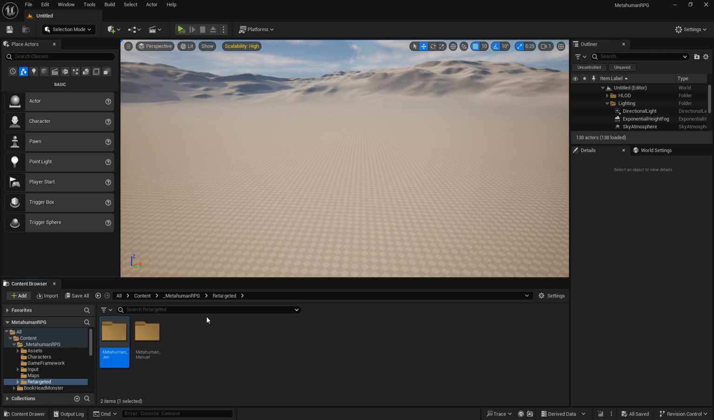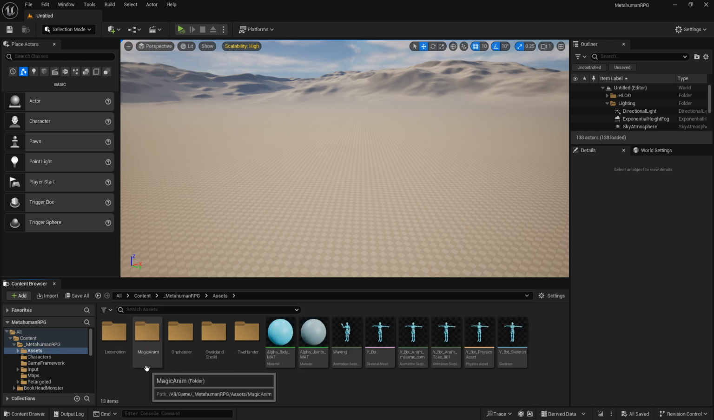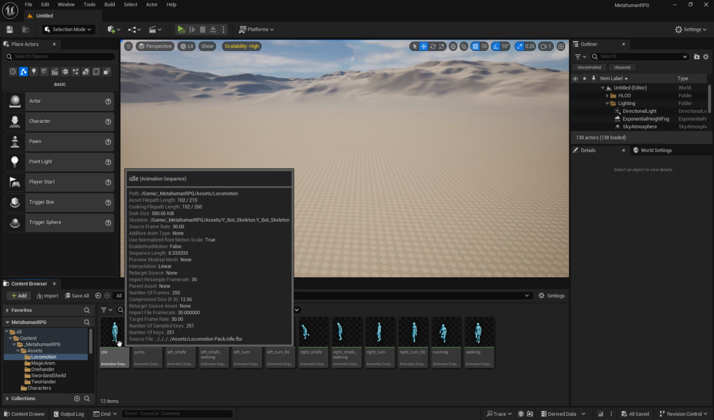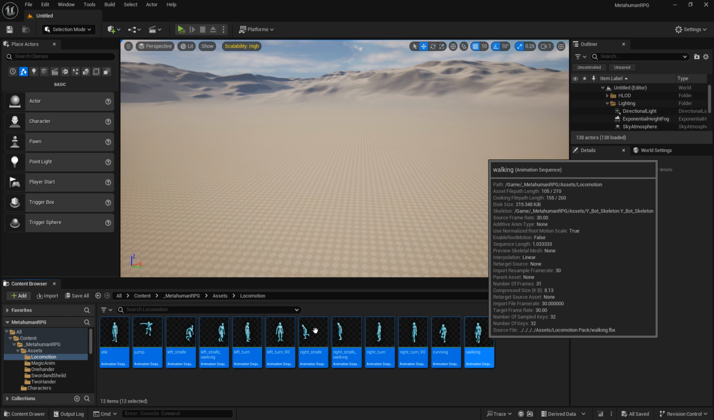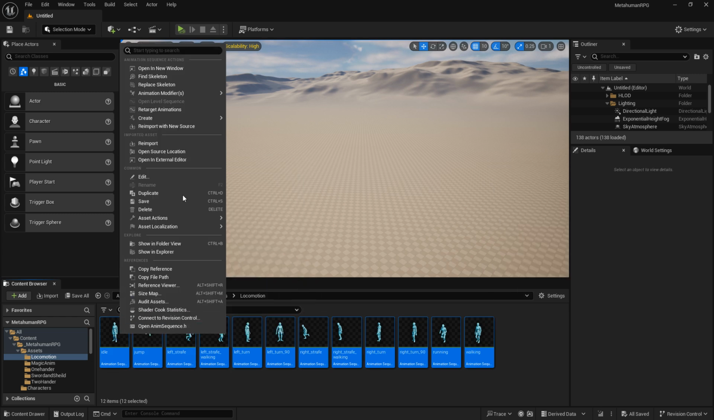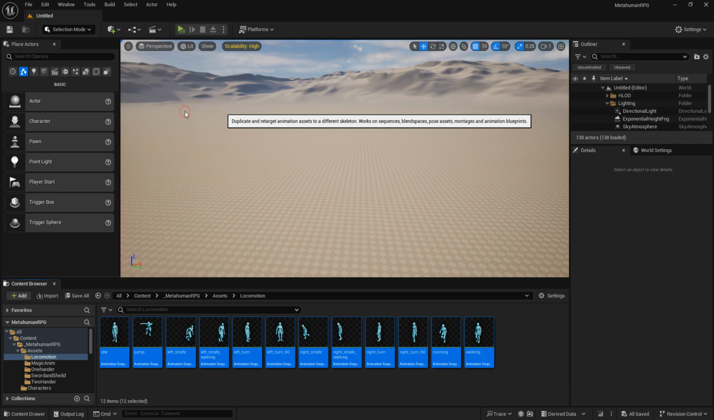So now what we're gonna do is go back to our Metahuman RPG folder and go to our assets folder, and we're gonna go to our locomotion folder, and we're gonna left click and then shift left click, and then we're gonna right click the first one, and we're gonna go retarget animations. Left click that,